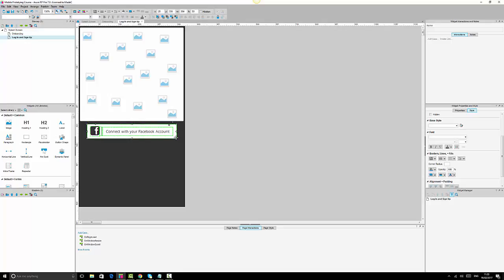So I will just grab this button, or I'll grab another button, and then I'll make it the same size, which is 304, and then I'm gonna make it 50 as well. Then I will say this should be the same corner radius too, no border as well. Font as well will be Maven Pro. We're going to say